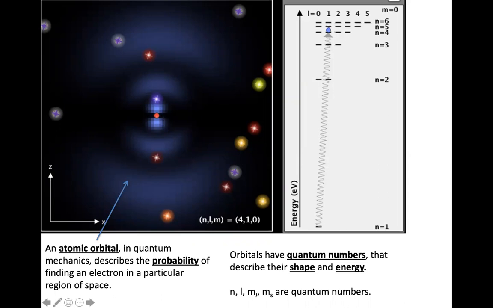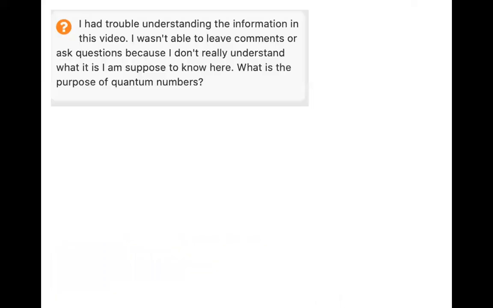Now, the orbitals that we have here will once again use quantum numbers. Bohr had the quantum number n. We're going to see that we need more quantum numbers than just n. We're going to need quantum numbers that are going to describe not just the energy, but also aspects of its shape. Now, I know within a pre-class video, I shared some ideas about quantum numbers,